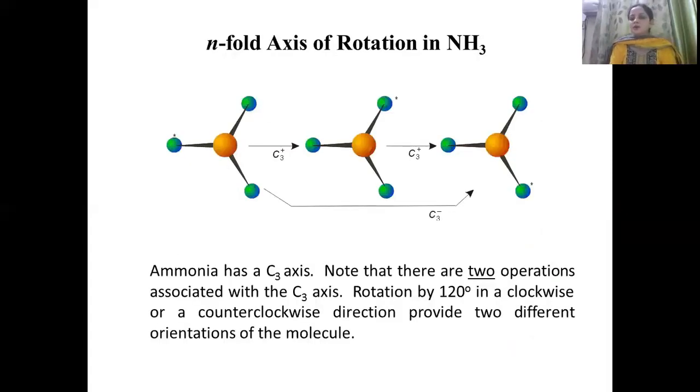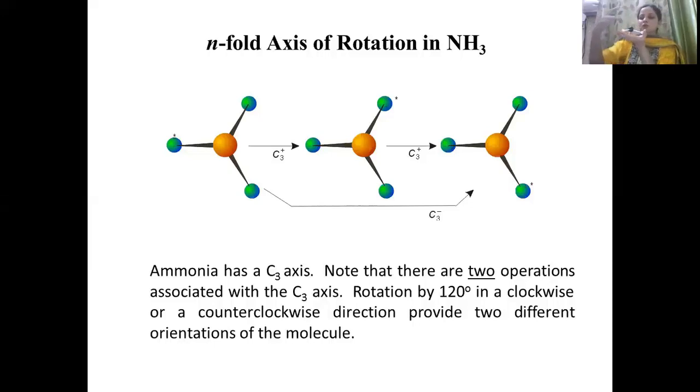Let us take the example of the ammonia molecule. Now in this ammonia molecule, what is present? The structure of this ammonia molecule is like this. It is a trigonal pyramidal structure. Nitrogen, hydrogen, hydrogen, and hydrogen. Just be clear that this nitrogen is not on the surface of my hand. It's just a bit tilted upward. So what will be my rotation axis over here? My rotation axis will be from this position, and this axis will pass through this nitrogen atom.